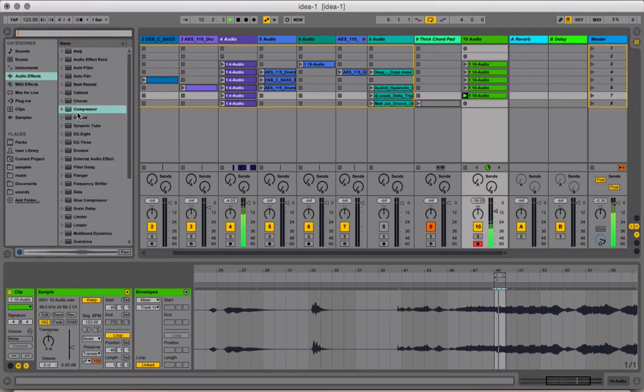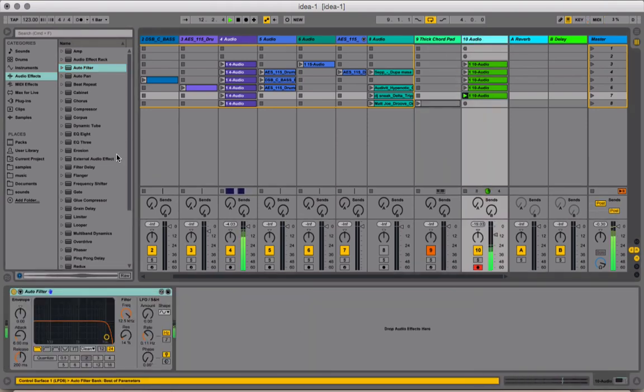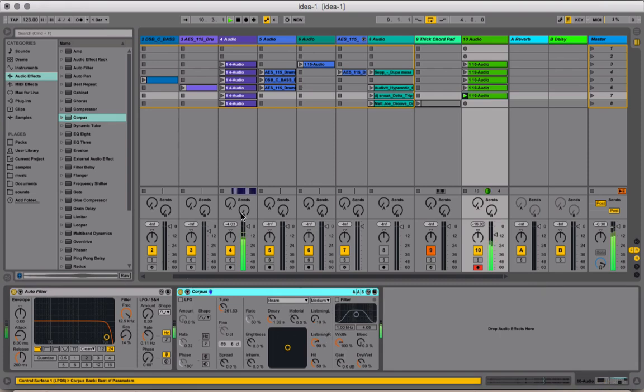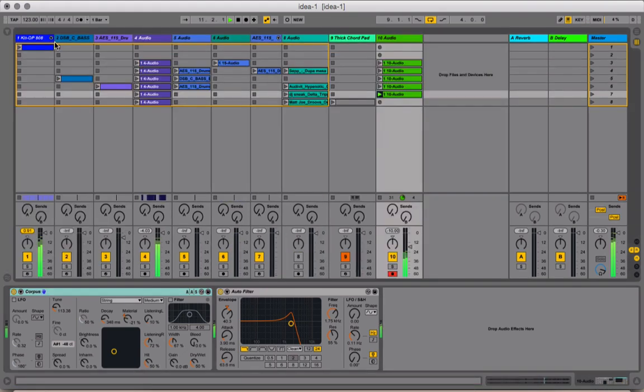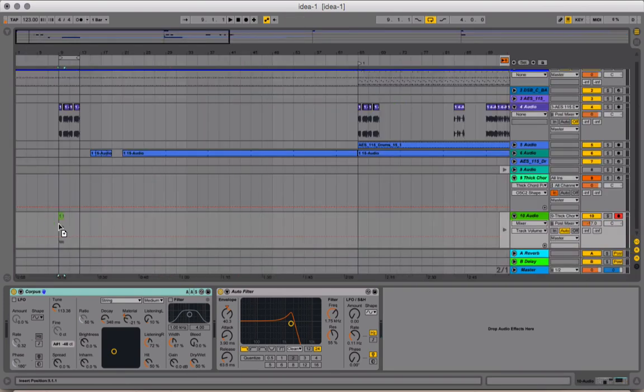On top of that, I'm going to use a filter as well. Just going to move this like that. I'm going to get a little bit of an envelope. And see, we have a second idea that I can play with. And if I drop it here,